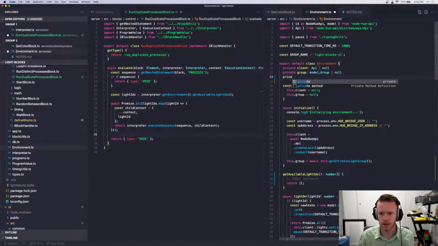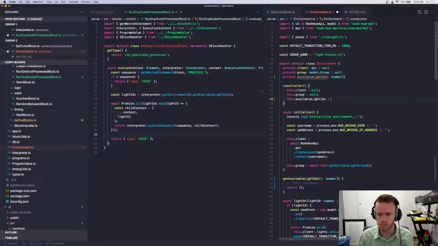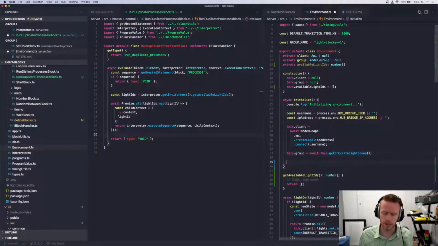So let's say available light IDs, and this is going to be a number array. Here we go. Get or create light group, and then right here we can say available light IDs equals